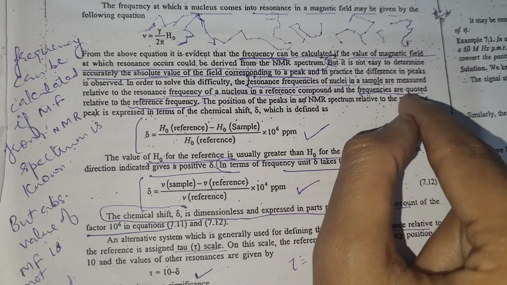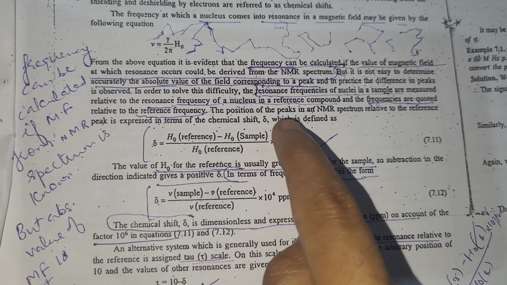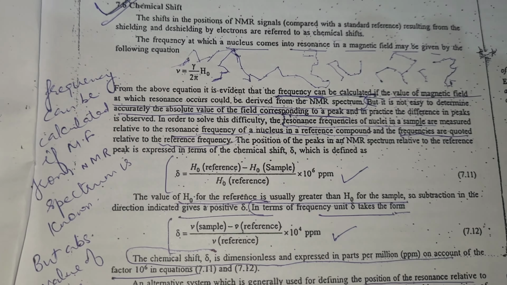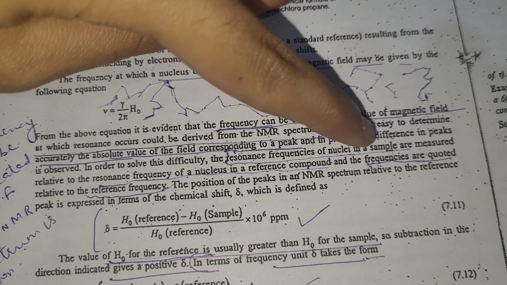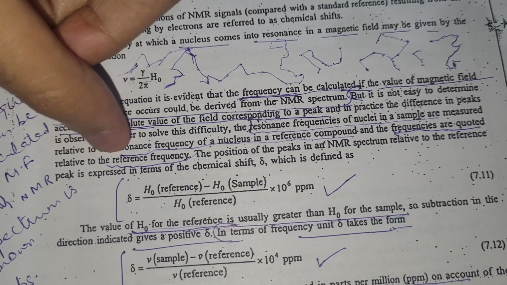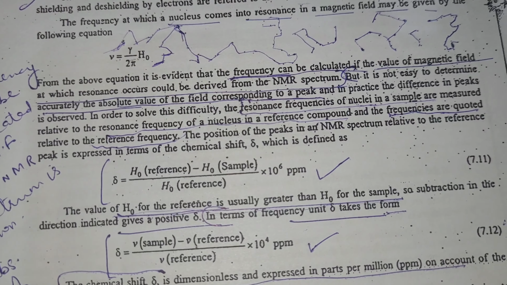The frequencies are quoted relative to the reference frequency. The position of peaks in an NMR spectrum relative to the reference peak is expressed in terms of the chemical shift, which is defined as